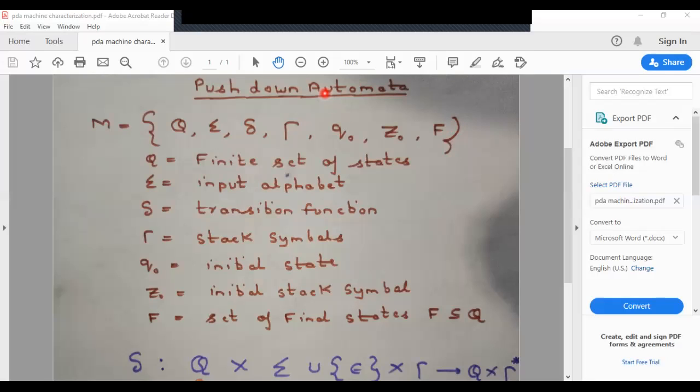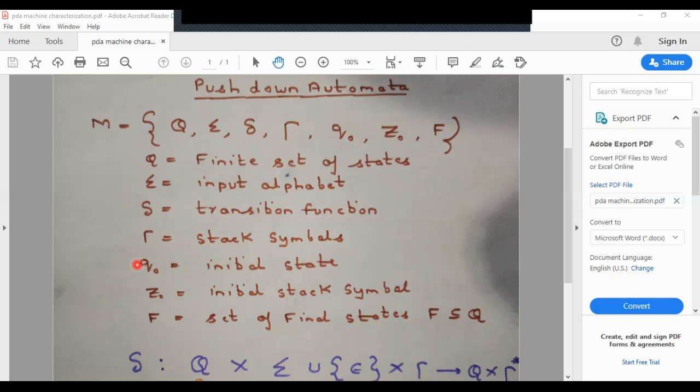So basically a pushdown automata can be defined by 7 entities. Pushdown automata is a 7-tuple machine. The first one is the finite set of states, which is written as Q. The second one is sigma, which stands for the valid input alphabet that can be on the input tape. The third one is the transition function, and in the previous slide we have seen the transition depends on three things. The next one is tau. Tau stands for valid stack symbols. That means what we can push into the stack. Those symbols are called stack symbols.